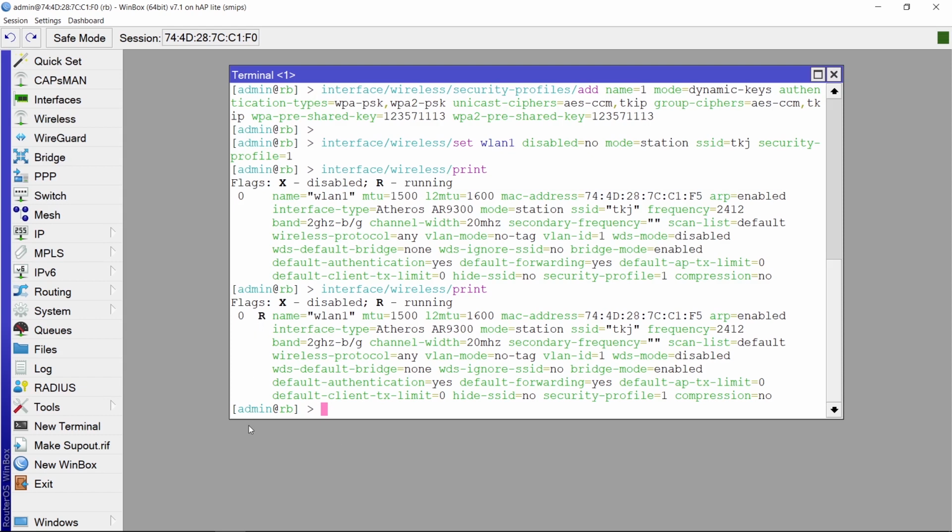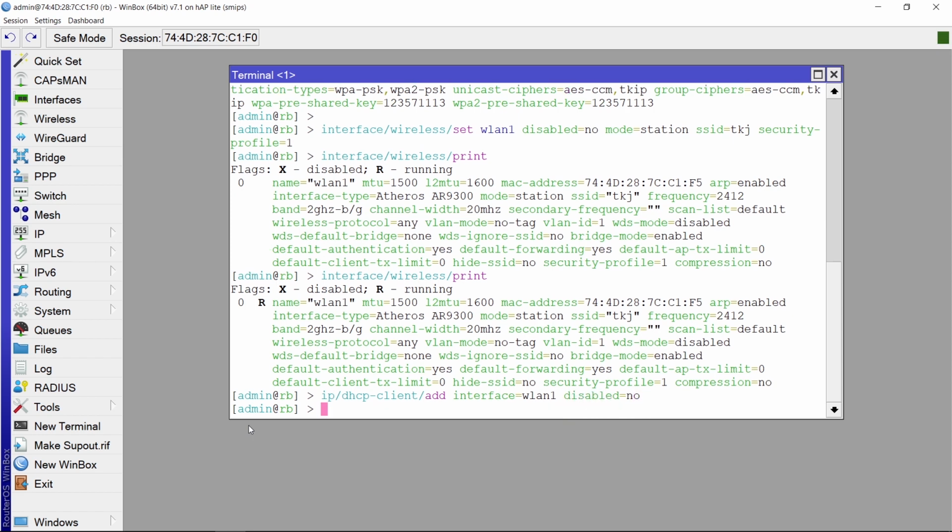After that, do the DHCP client configuration for the wlan1 interface. The command is IP DHCP client add interface wlan1. Disable no. Then check DHCP client. IP DHCP client print.